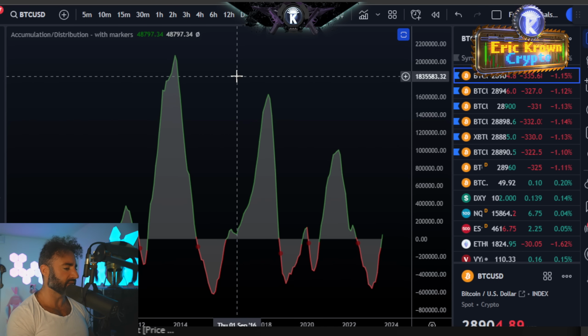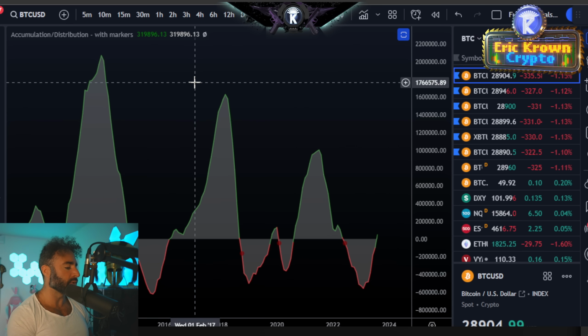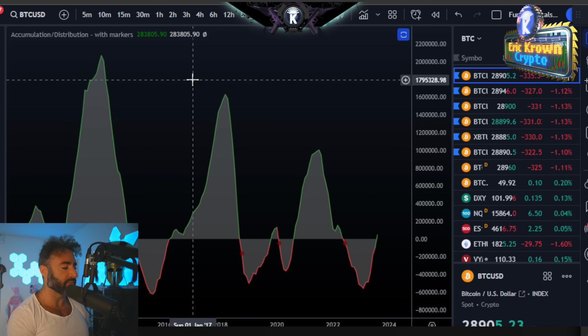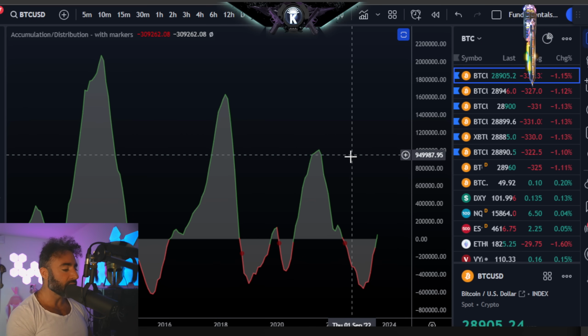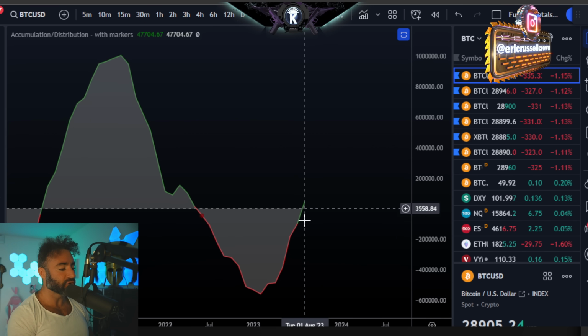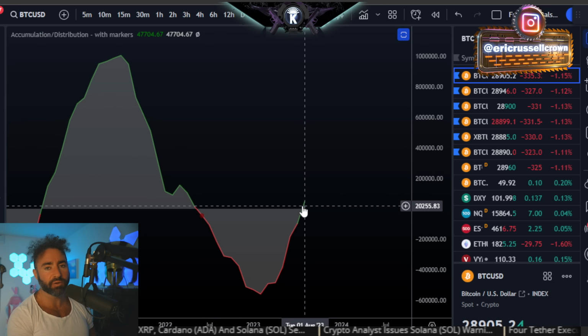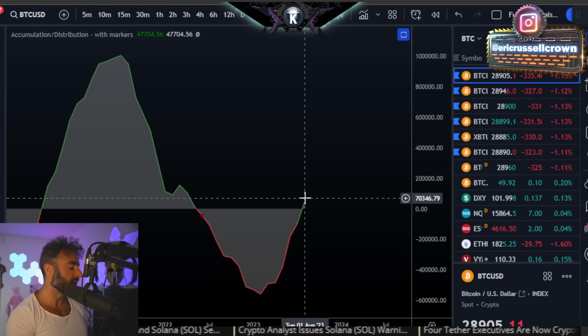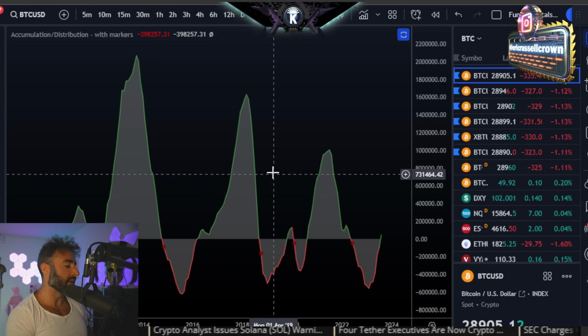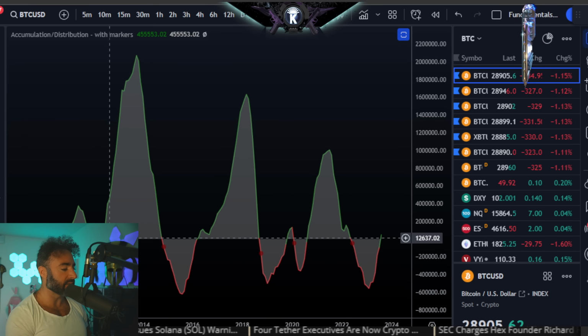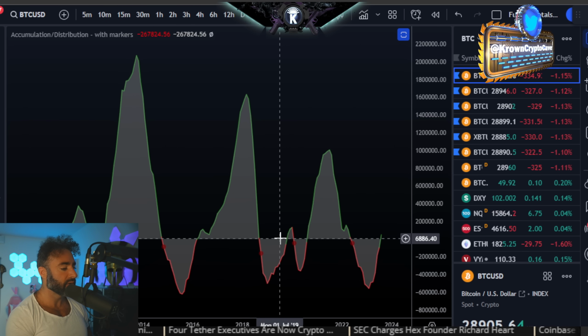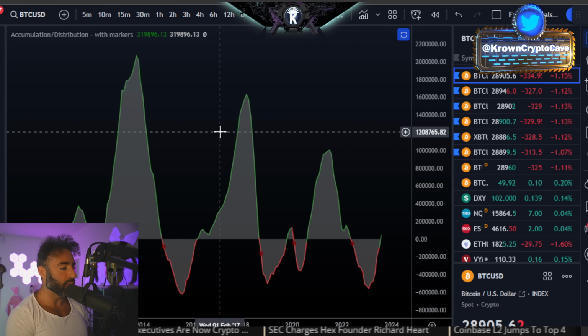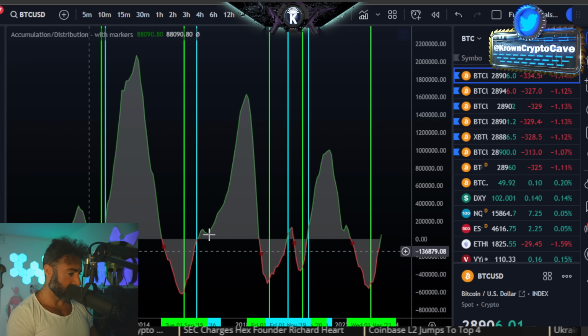Again, this is the one that has helped us, among other things, call the macro low at about $15,000 thus far. But now you can see that the indicator itself is turning green. We have officially seen the first tick close green coming into August, and that is significant as we have seen this interplay play out many times in the past. In fact, 1, 2, 3, 4, now working on time number 5 in the past,